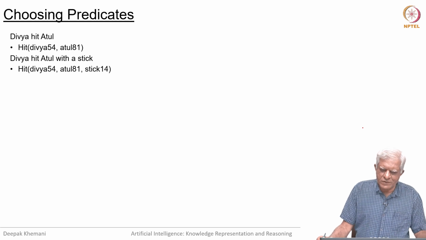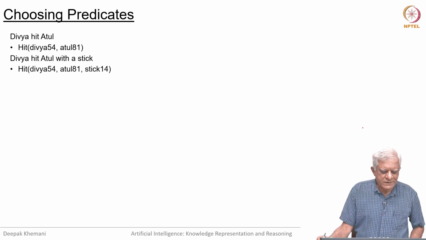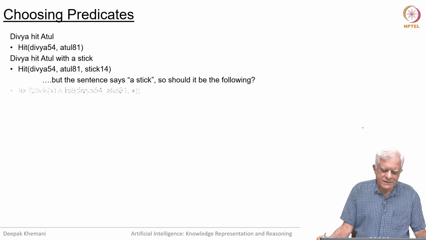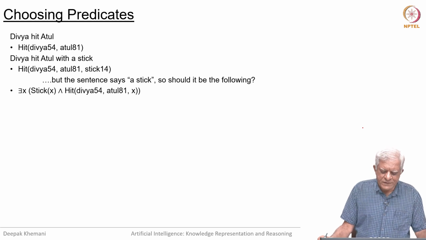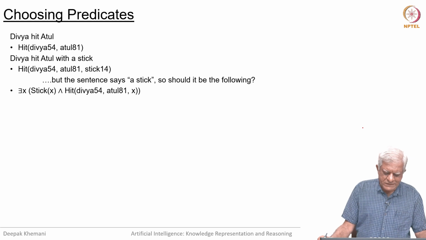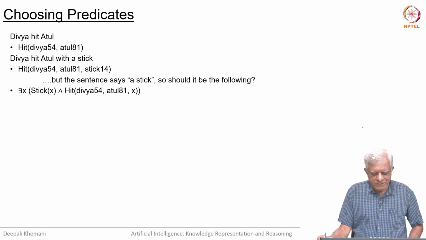Let us assume that we can overload predicate names and that is allowed, but there is a little bit of a problem here. The sentence says a stick, it does not say the stick essentially. How do we handle things like a stick? So, should it be something like what is written here, that there exists an x which is a stick and Divya hit Atul with that x essentially. That could be one way of writing